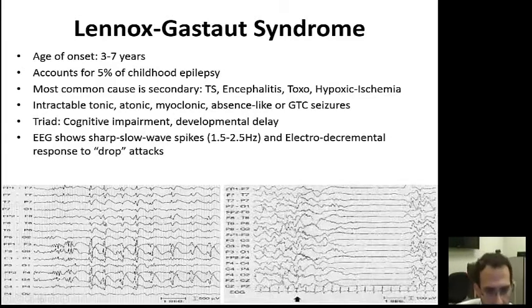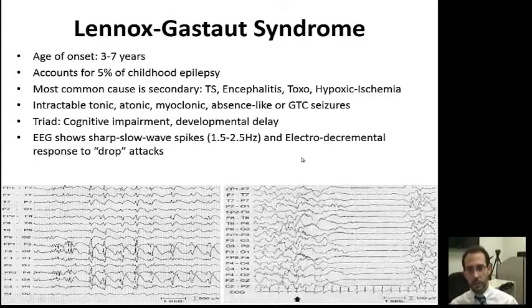So this one is definitely different than before, the one that I mentioned before for absence seizure. You can have the spike wave occurring within 1 second. This one you can have a very slow sharp slow wave, but it will be with a frequency of 1.5 hertz. You can see a whole sharp slow wave spike, or maybe half of it, within that second period in the EEG page, basically.